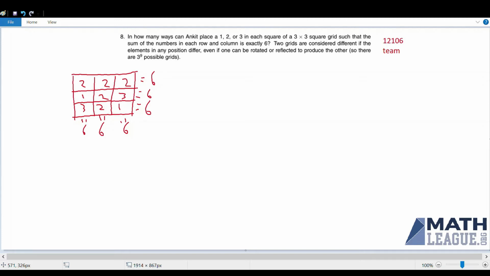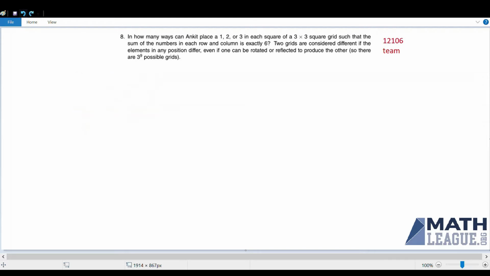So, now that we know how to reliably find unique ways of filling Ankit square, we can count how many possible configurations of the square there are with casework. The easiest way to do this casework is to focus on how many of the first 2 rows are made up entirely of 2s. There are 3 possible cases here that I'll draw out. The first one will be for the case where both of the top 2 rows are entirely filled with 2s. So we'll call this